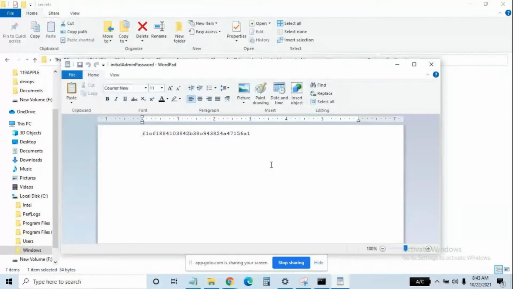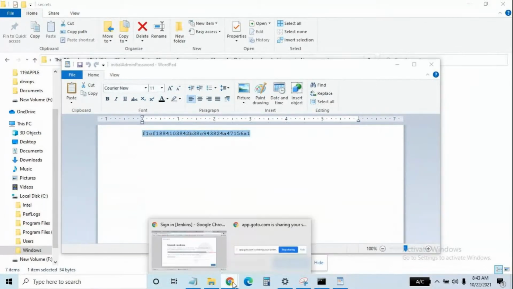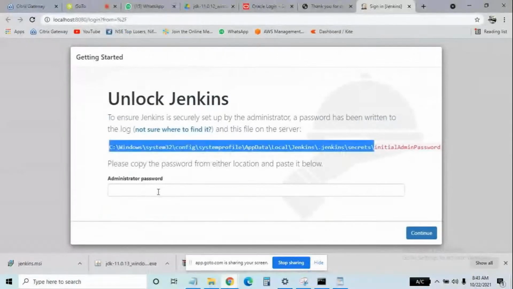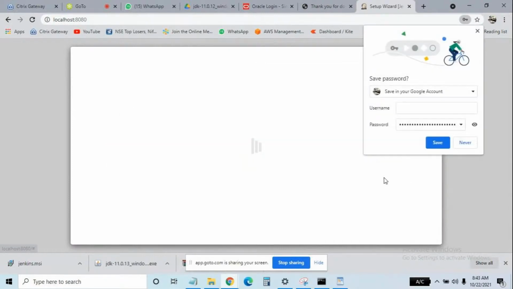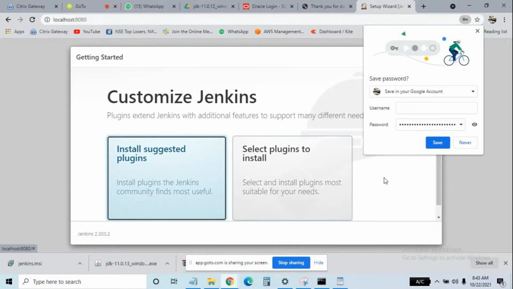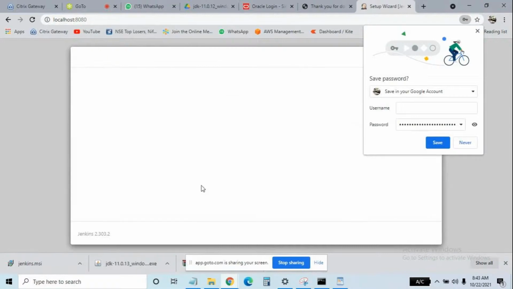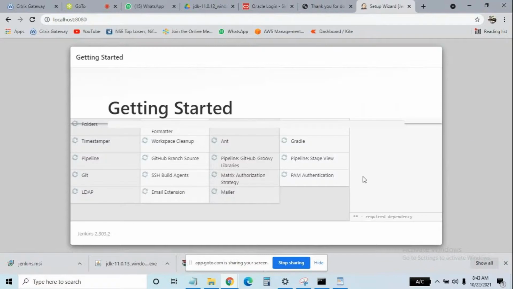That password you have to take and enter in Jenkins. Continue. Click on Install suggested plugins, the first one only. Double click on that. Now it is installing some important plugins.